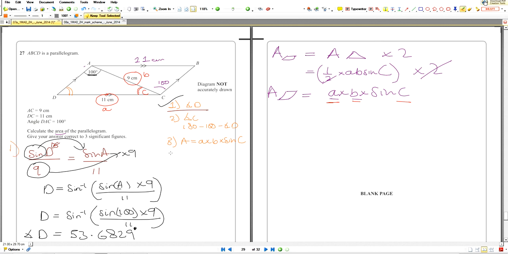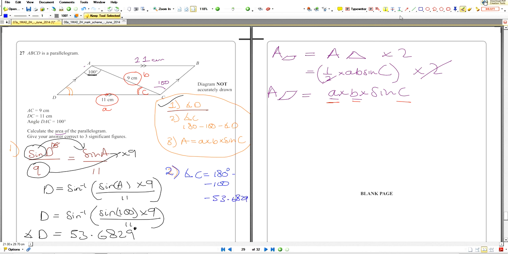Okay, we'll do part 2 over here. This is our idea, we'll circle that. So part 2. Angle C, which is the one we need, is equal to 180 degrees minus 100, which we have here, and minus D, which you just worked out. So we'll put the minus here if you like, and then minus the D one, which is